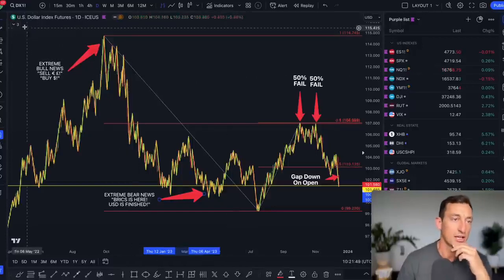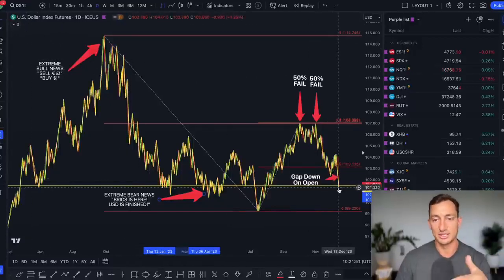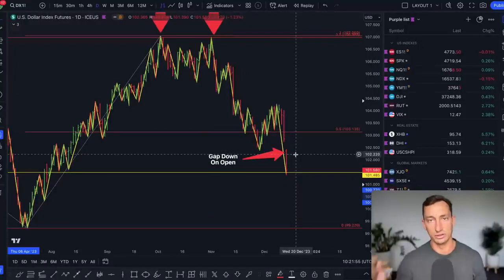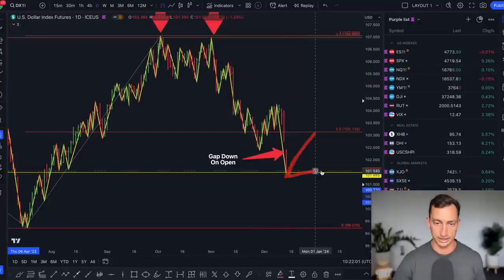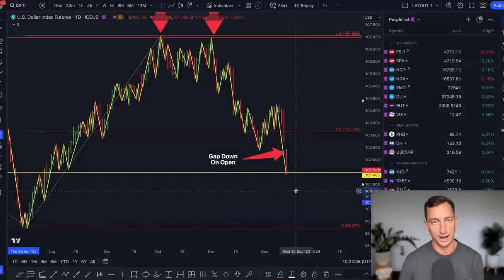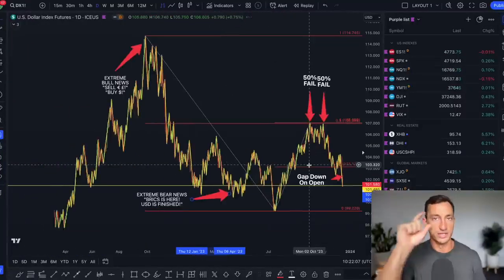Okay, so the US dollar is still on its downtrend. Yesterday had a big collapse down. I posted this over on Twitter. Links are in the video description. Go and follow my Twitter account, or X if you really want to get offended and call it what it is today. So the gap down got us down to 101.5 over the course of this second half of the real estate cycle.